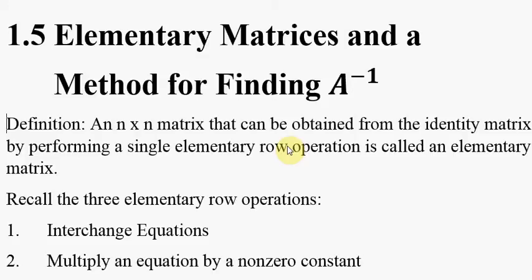Introduction to section 1.5, two things: elementary matrices, and secondly, a method that we call an algorithm for finding A inverse. I won't be able to get to finding A inverse, but let's talk about elementary matrices. There's a classic theorem in this section